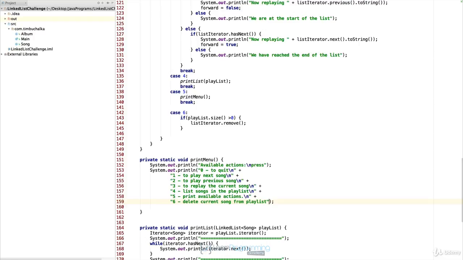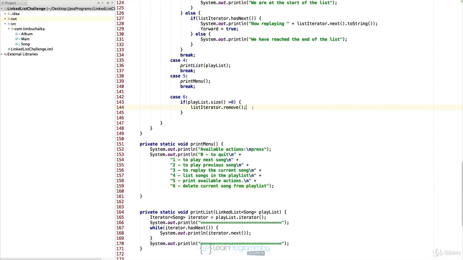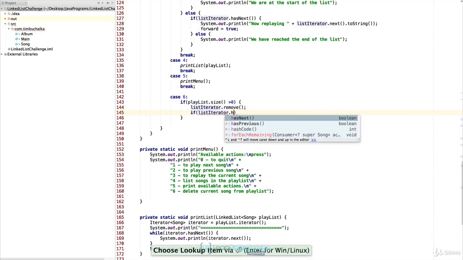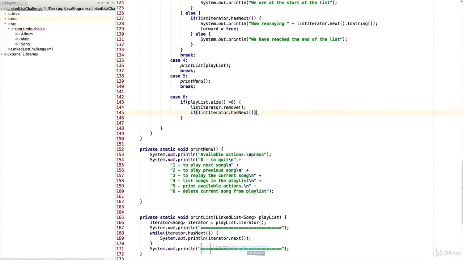But because we haven't actually talked about exceptions yet, we're going to leave that. So the other alternative at this point is to ensure we call either next or previous immediately after removing a song. That ensures that if you try to delete the next record, we don't actually get an error again. So it's not really that difficult to do. What we need to do here is, just after this remove, put if list iterator dot has next. So if it's got a next record,